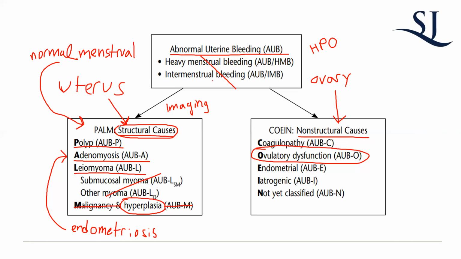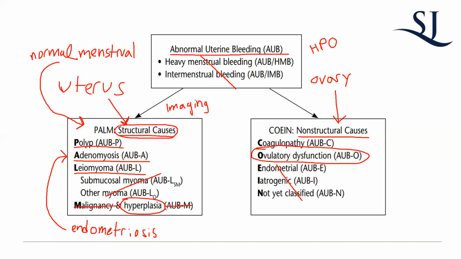So if a patient comes to you and says, hey, I'm having really heavy periods, especially if they've landed themselves in the hospital needing a blood transfusion because of it, you ask, do you have regular cycles? And they'll say, yeah, because their bleeding is due to the fact that they have fibroids, polyps, whatever. It has nothing to do with the actual cycling, but sometimes you could have both. With your ovulatory dysfunction, which is your non-structural cause, you're not usually dealing with any of this. You're dealing with ovulatory dysfunction, AUB-O, which has to do with the ovary.